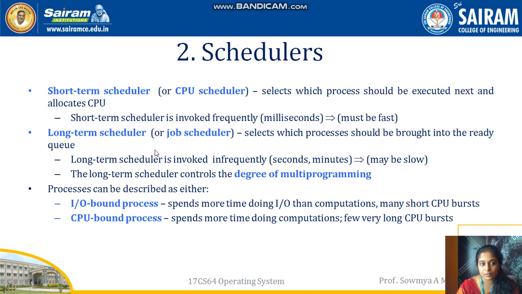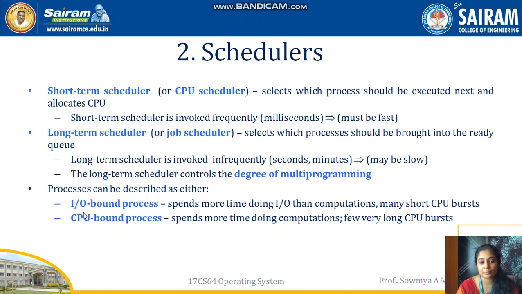In long-term scheduling, it's based on job scheduling. Instead of milliseconds, here seconds and minutes matter. Once a job is scheduled, it has to wait, and like other jobs, has to wait until this job finishes its execution. So we have two types of scheduling, short term and long term.